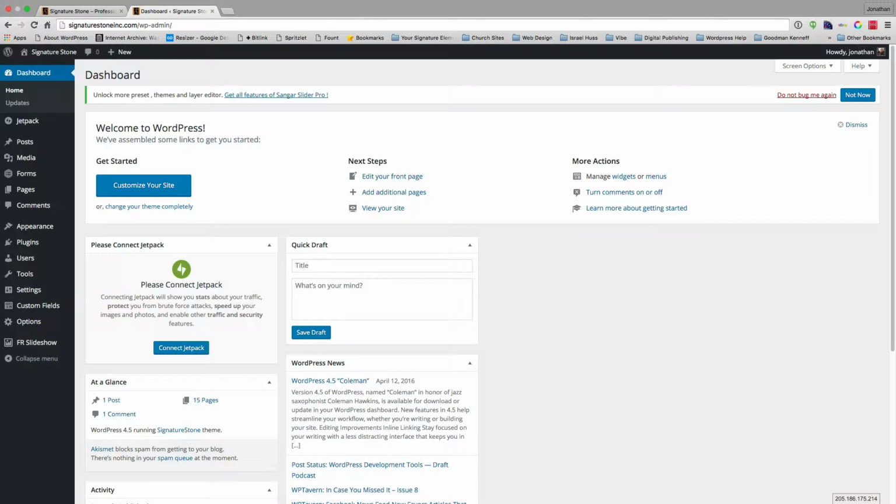You don't really have to worry about the dashboard, but what we're going to focus on are the areas over here on the side. Specifically our media, which is where we can upload documents and images, our forms, which is where our contact form and its fields are created and laid out, as well as our entries to who has commented on the form and submitted a form. We also have our pages, which is where you'll spend most of your time just editing